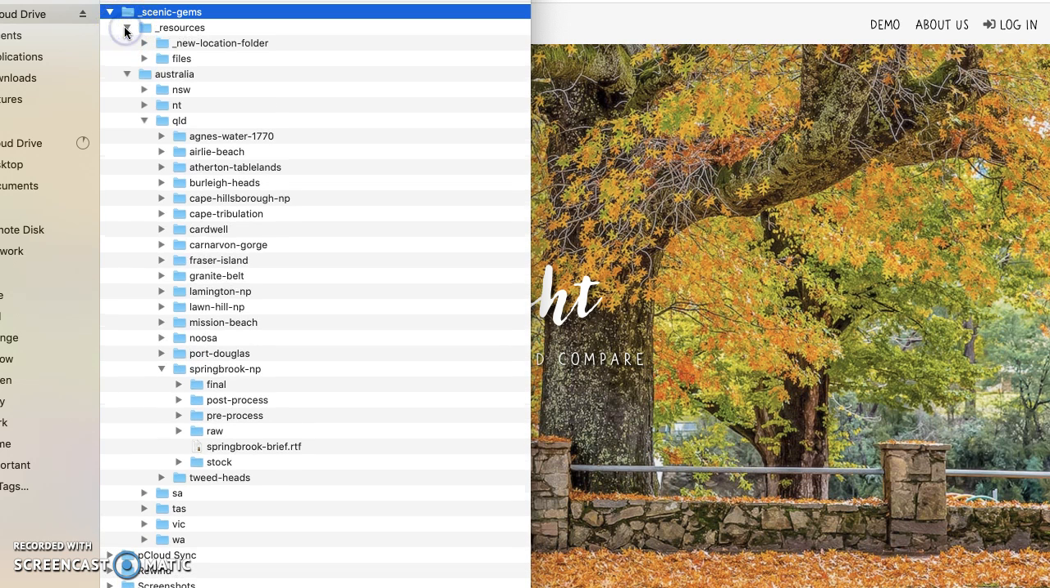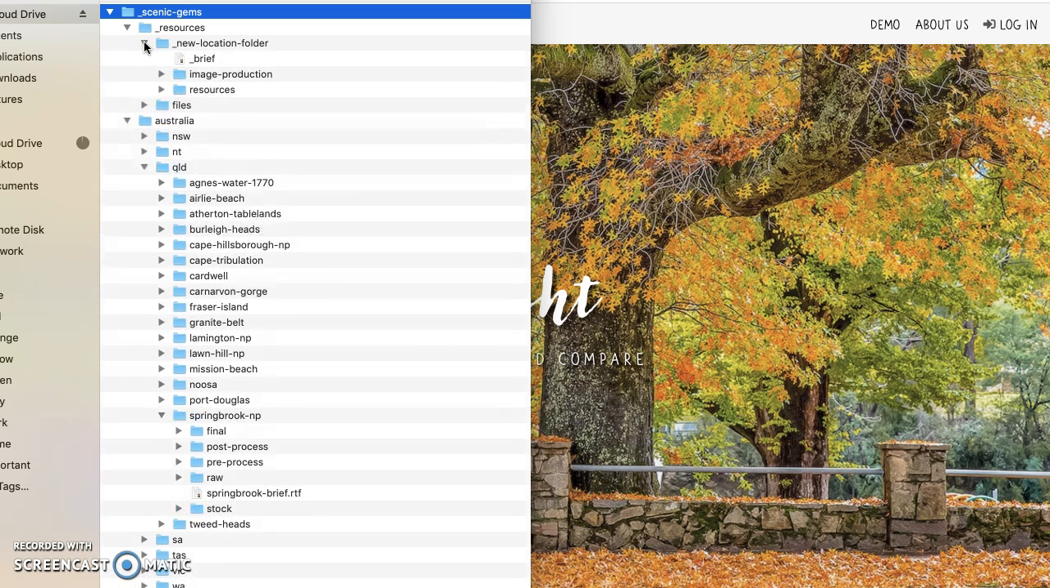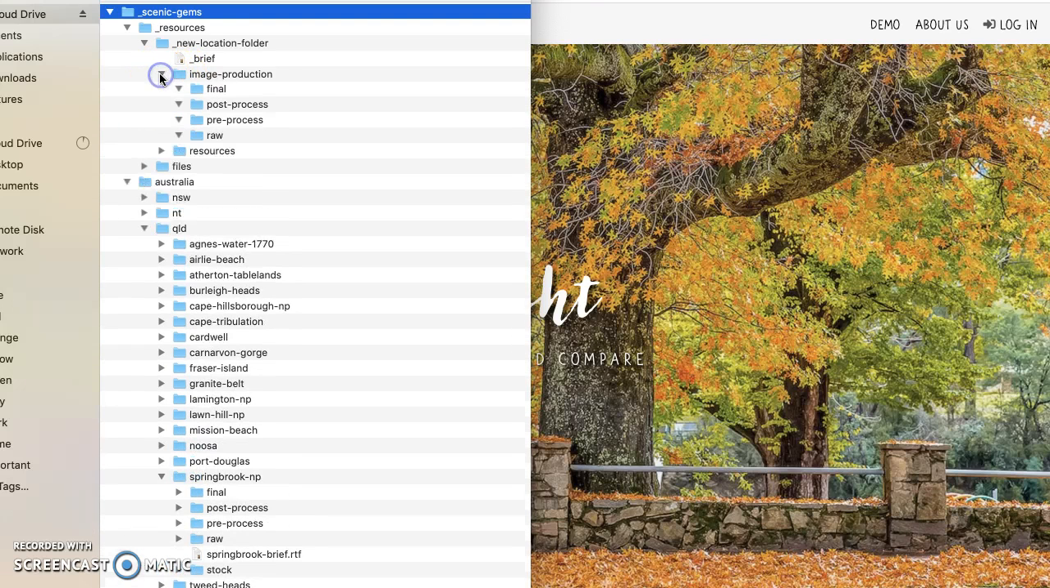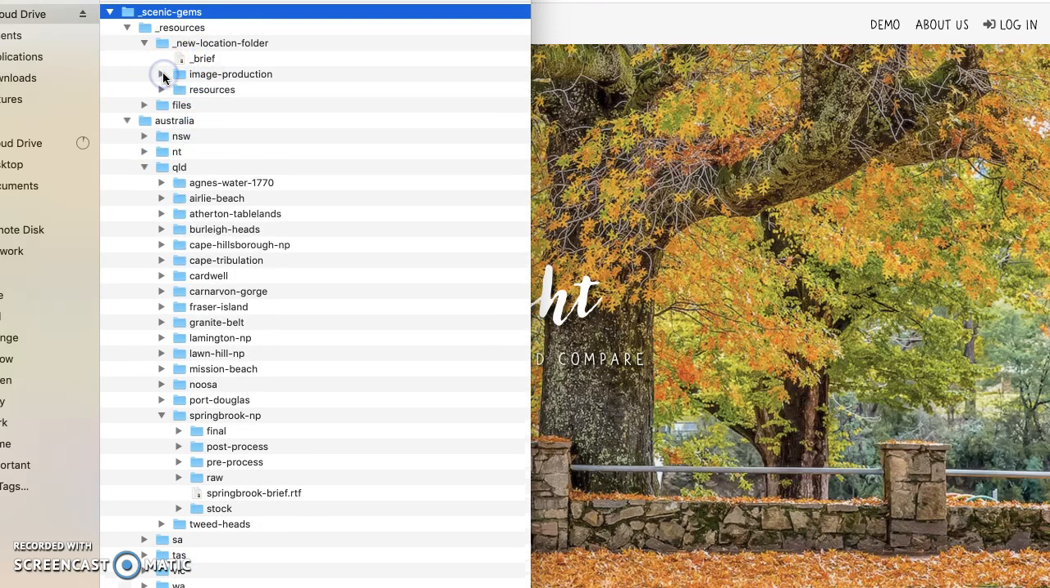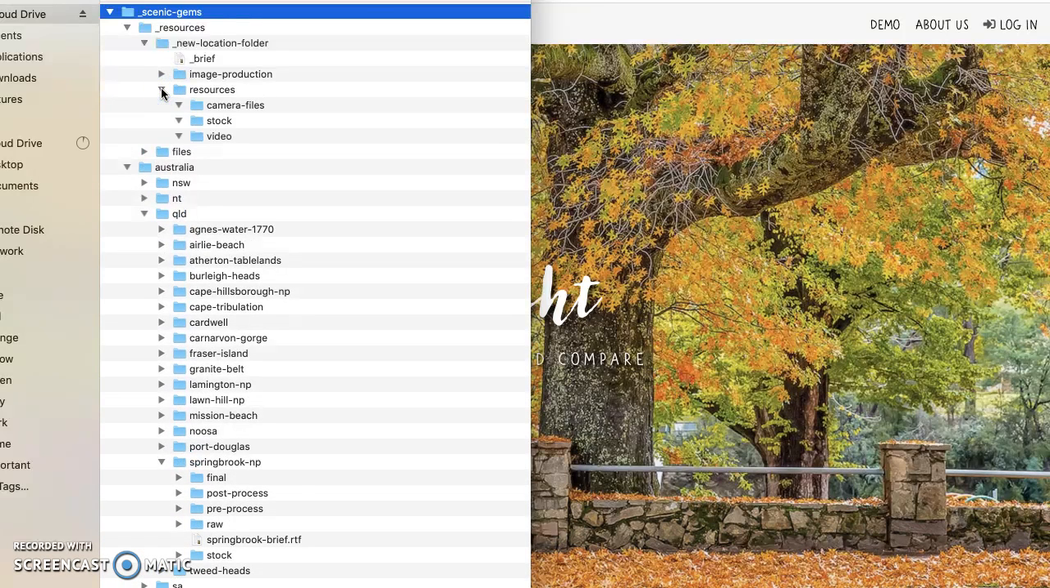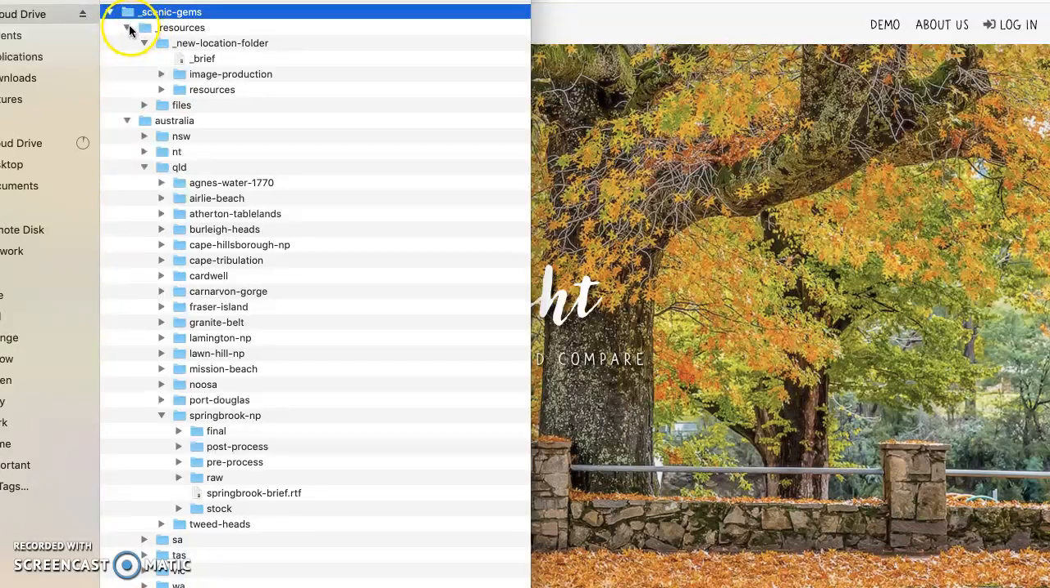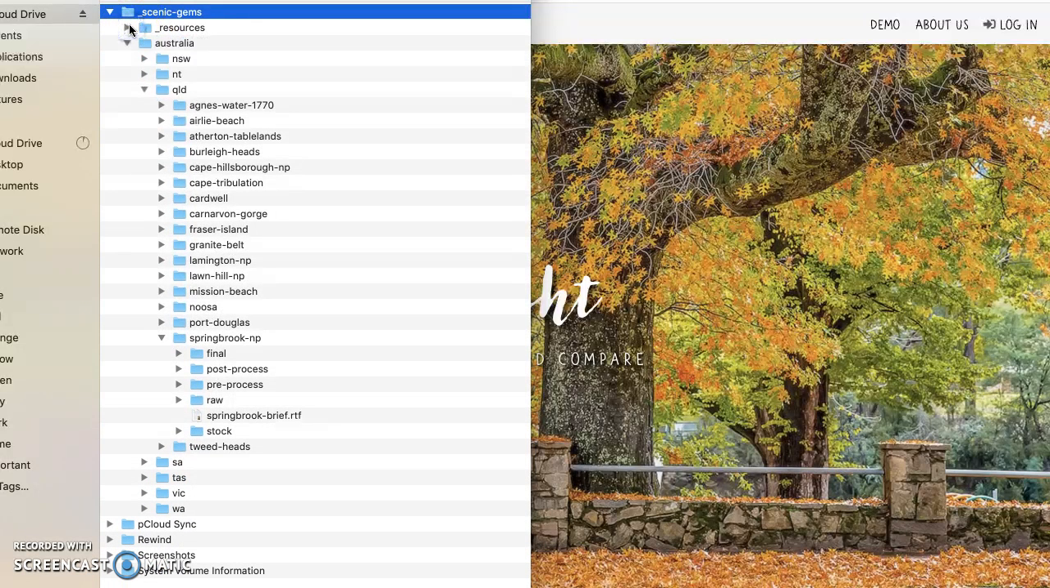So just quickly, in resources, we have a new location folder with a brief template and all the folders for a new location. And you don't need to know about that, I don't think. That's fine. So really, what I need you to do is this file here. So in Australia, Queensland, Springbrook National Park, Springbrook Brief. If we open that,